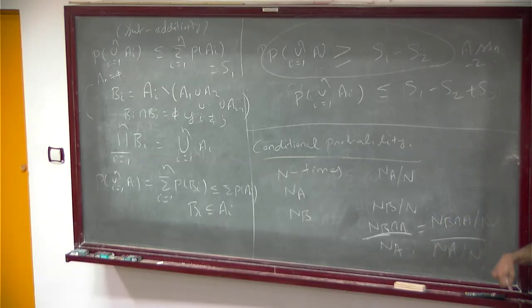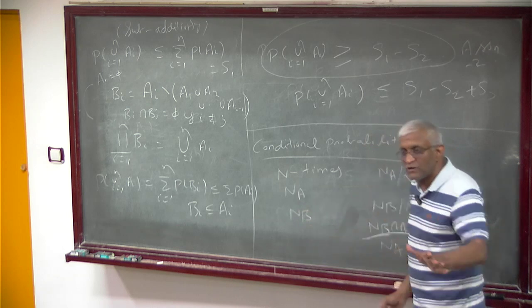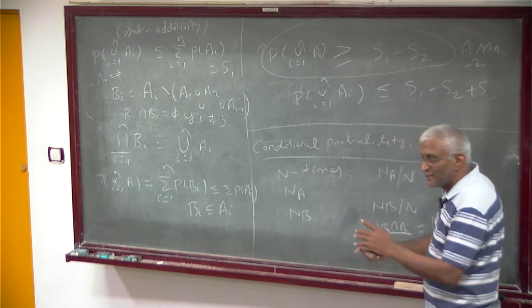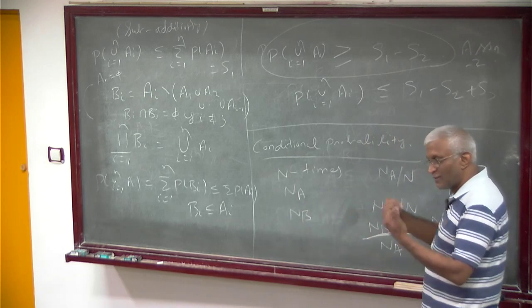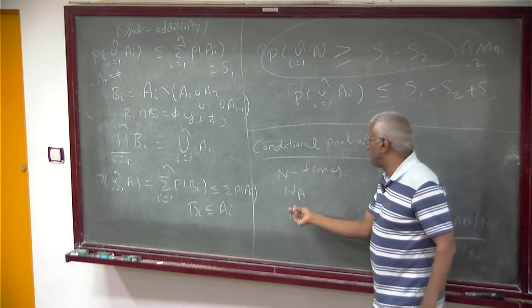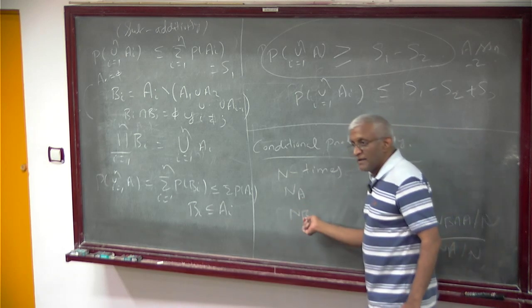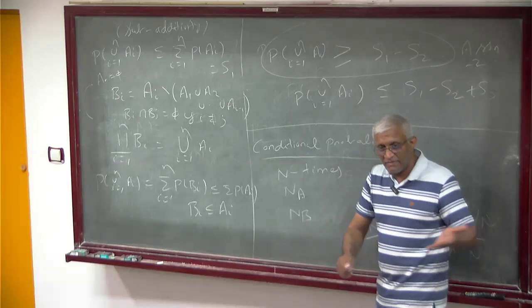See, with conditional probability, you don't change the probability space; within it you work. Actually, you have to change the probability space because you know something has happened. You have to completely change your probability space and your omega should become A. Why don't you do that? You just want to work logically. You don't want to assume that A has happened, because you want to use some other formula, Bayes formula, and other things. So you know the probability of A given B. Then you want to compute the probability of B given A. When A has happened, there is nothing like B given A.